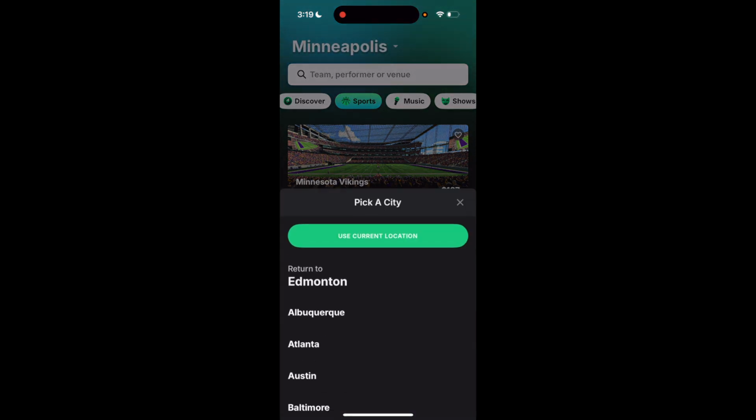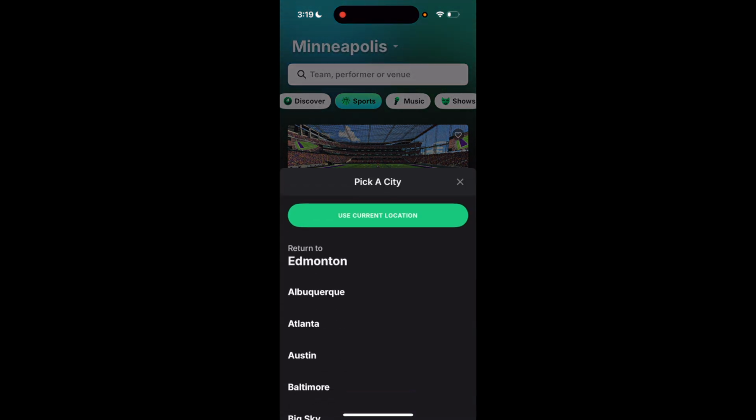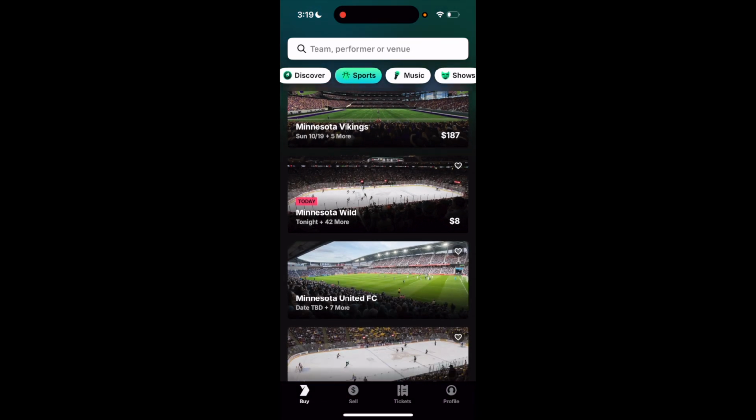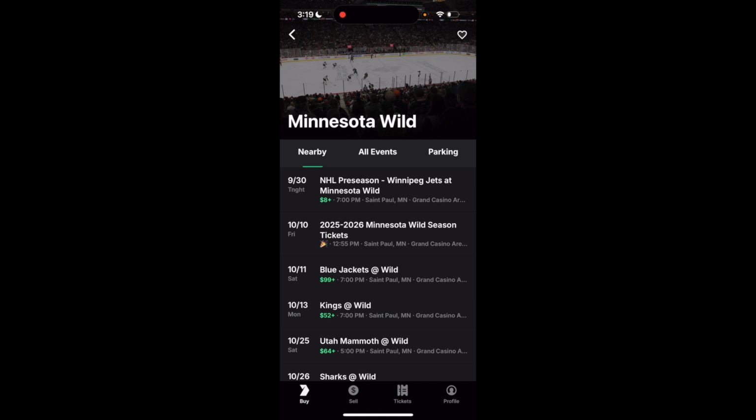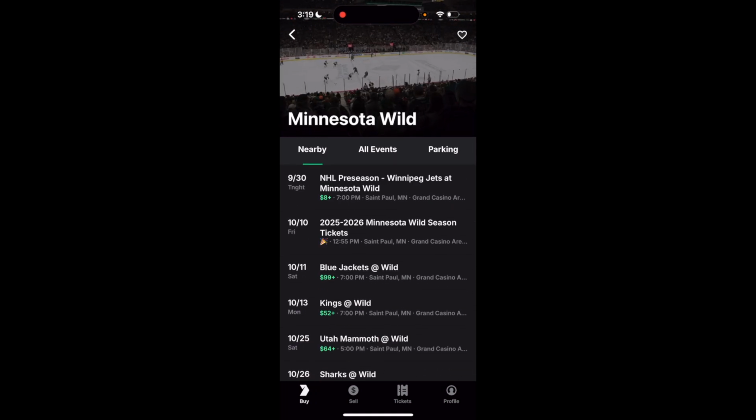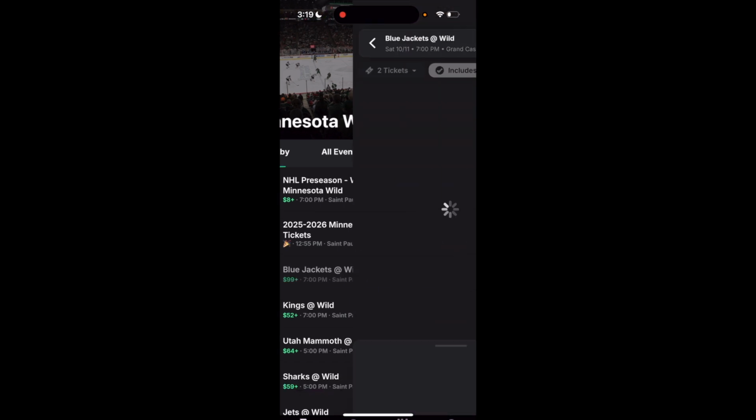You can also go to the top and change your location to whatever you guys are looking for. So for example, we want to watch hockey. I will just go ahead and select Minnesota Wild right here. Now it's going to show you guys a bunch of different dates. So if you wanted to go to the preseason game or whatever, we'll just go ahead and press on the